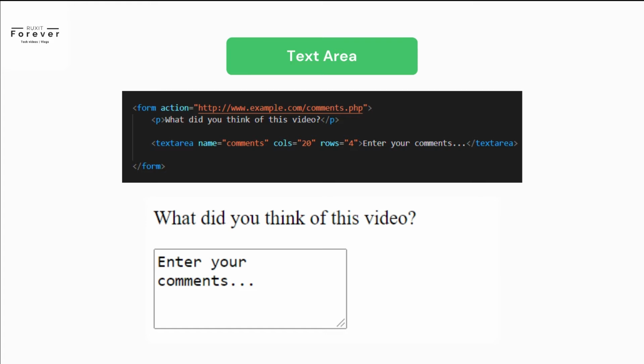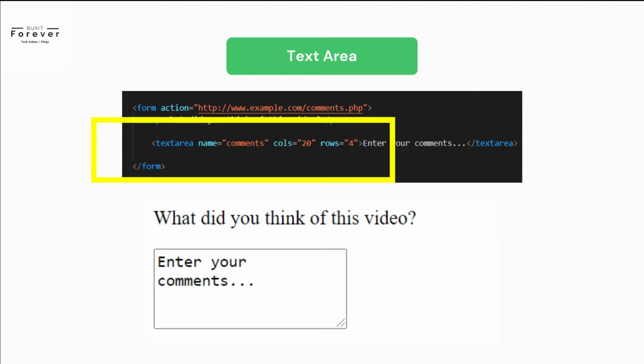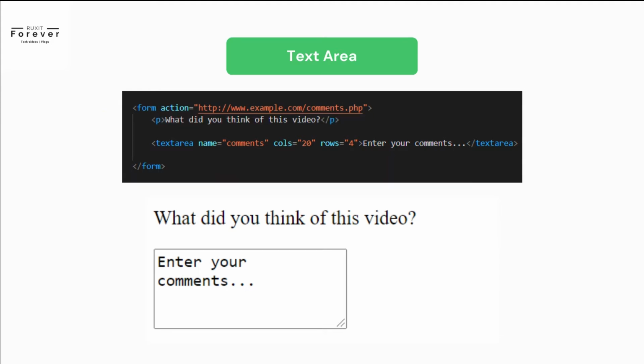The textarea element is used to create a multi-line text input. Unlike other input elements, this is not an empty element. It should therefore have an opening and a closing tag. Any text that appears between the opening textarea and closing textarea tags will appear in the text box